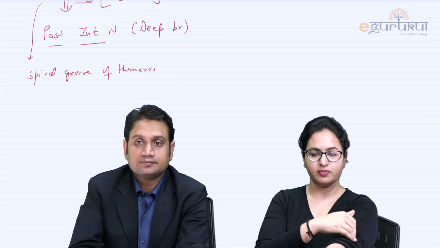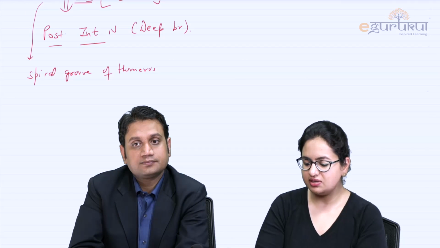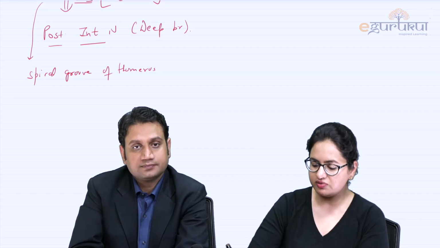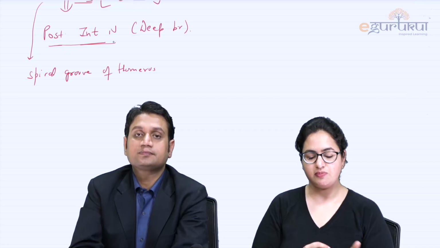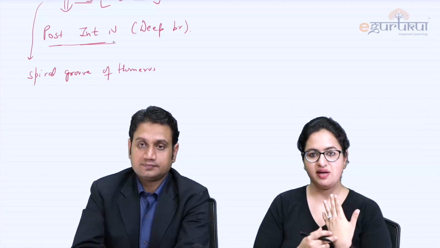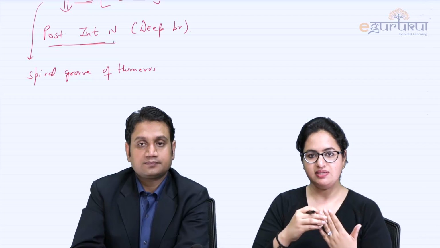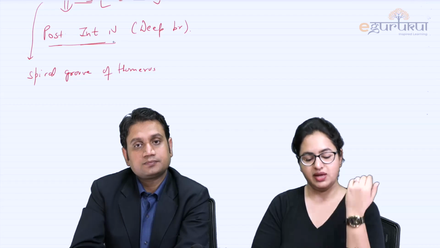As it comes towards the cubital fossa on the lateral aspect, just opposite the neck of the radius, it divides into two branches. One is the superficial and the other is the deep branch, which we have mentioned here. The superficial branch is a sensory branch. It supplies the dorsum of the hand, the lateral three and a half digits, except the nail beds. The deep branch is a motor branch which supplies the